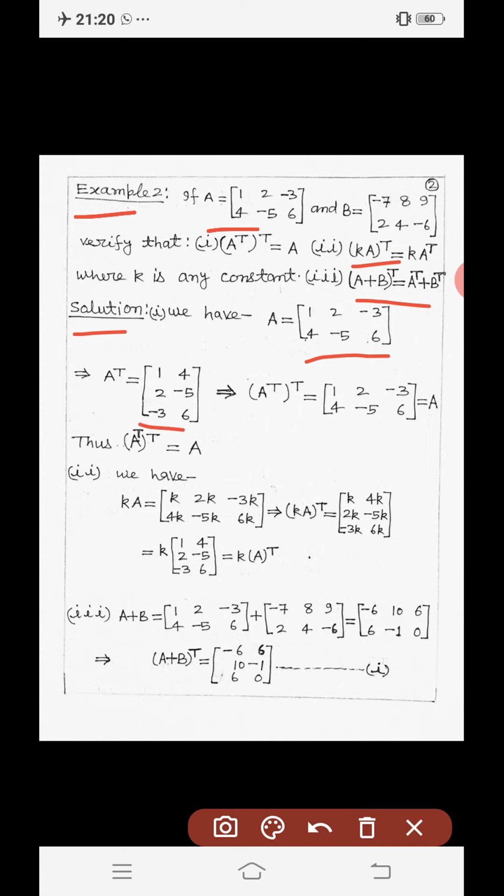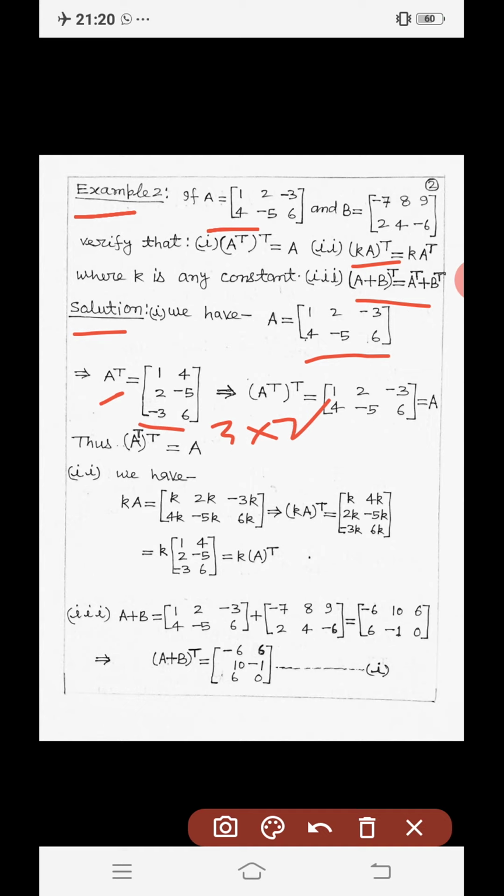Dear students, here matrix A is of order 2 by 3 and matrix A transpose is of order 3 by 2,